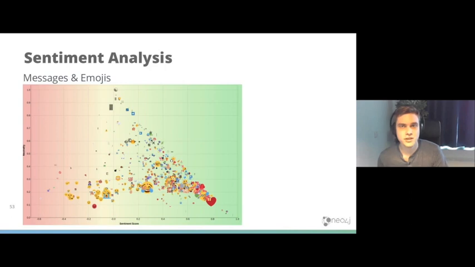So what you can see here in this visualization is that the heart all the way on the right over there will have a very high sentiment score as well as a very low neutrality score. Neutrality is here how objective an emoji is. We didn't use this in our current implementation, but this is something that paper investigated as well.